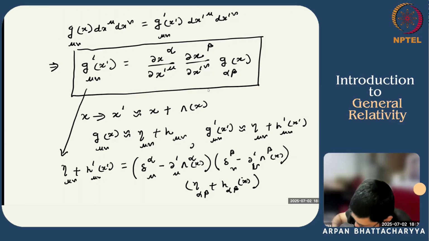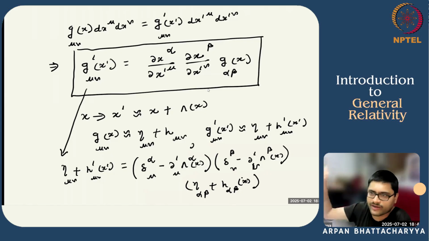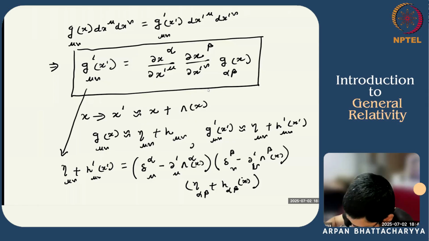If we expand this, we will have a first term which is this multiplied by this, and then we'll have some term which is this term multiplying this, and this term multiplying this. But the product of these two terms is basically order lambda squared, which we neglect. And similarly, h multiplying these two Kronecker deltas is order h, we will keep that. But h multiplying either of these two is order h squared, which again we will neglect. So expanding it out up to order h squared, we get the following: